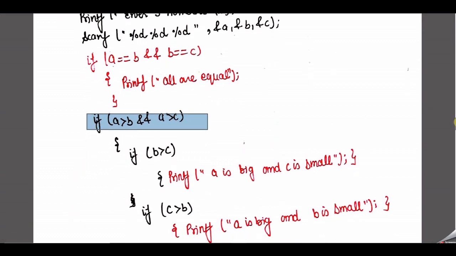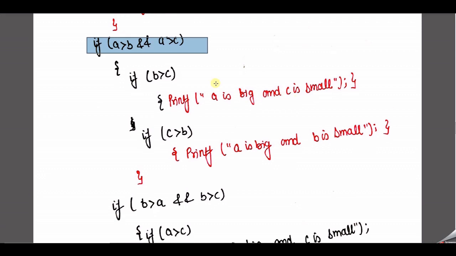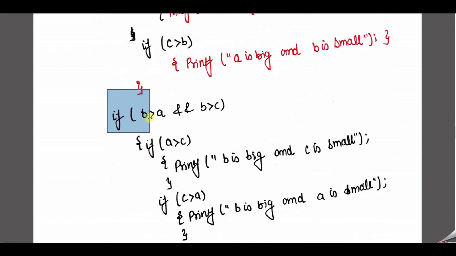So from here, where do we go? Out of this if part, the if area is closed here, so we need to go to the next if part. That means the second if. The second if tells us that the second number B is greater than the first number. So I just check that 5 is greater than 4. Okay, this is true. So we need to check the second part of the AND operator. Here we check the second number and third number. So it tells us that the second number, that means 5, is greater than 6. No.